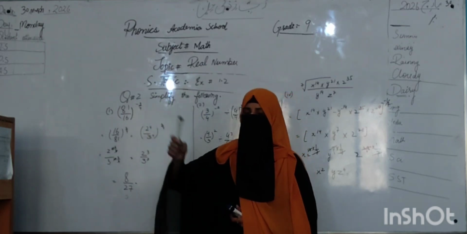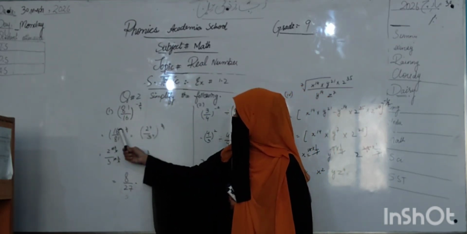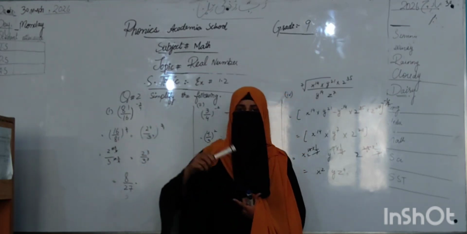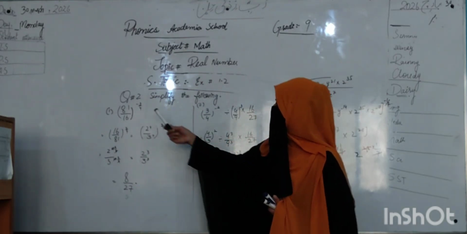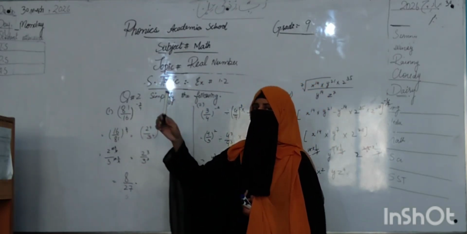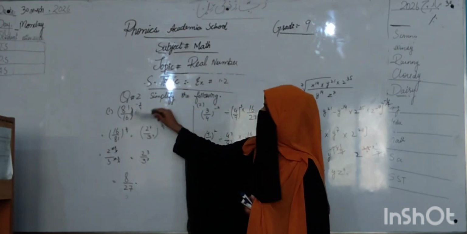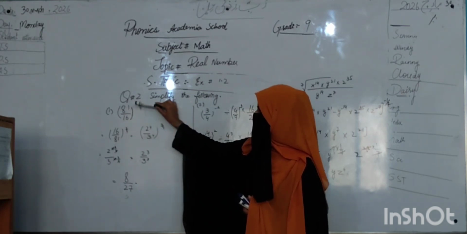Firstly we change this into positive form: (16/81) to the power of 3/4. When you convert the fraction, numerator goes to denominator and denominator goes to numerator, and the negative sign of the power 3/4 changes into a positive sign. But this value is not to be changed. Only the values in the bracket and the sign of the power change.